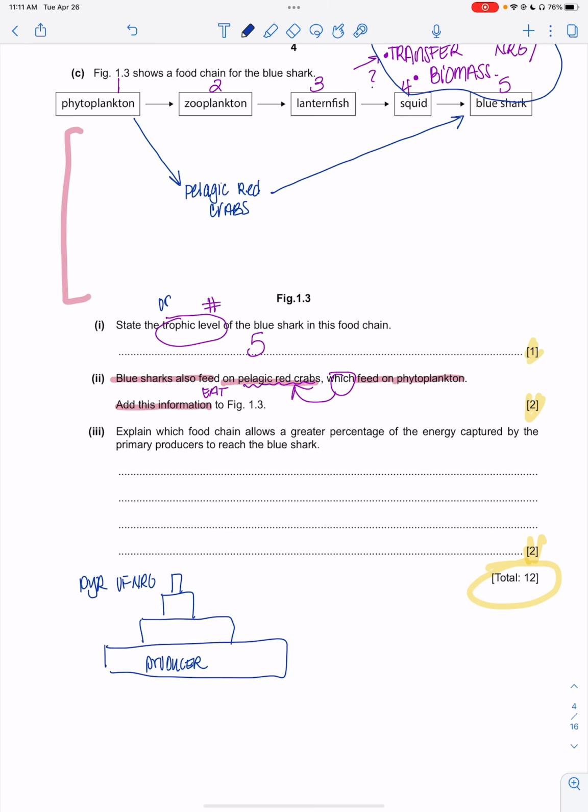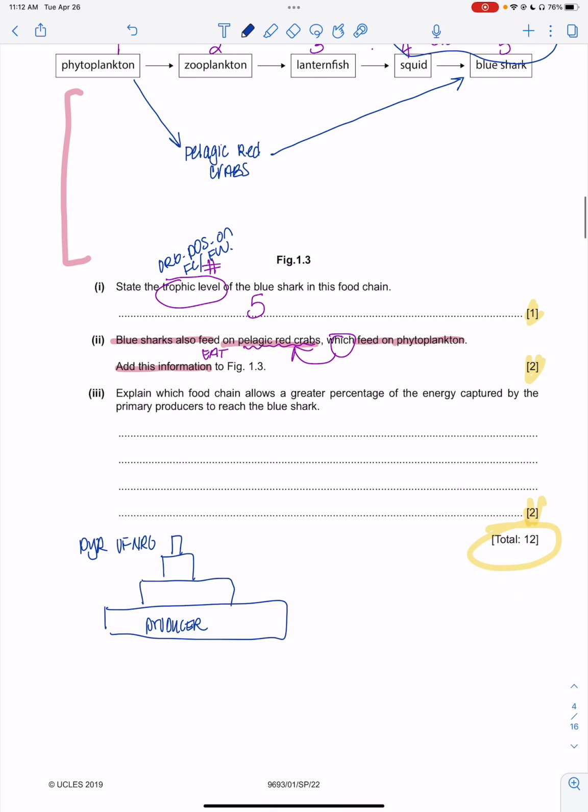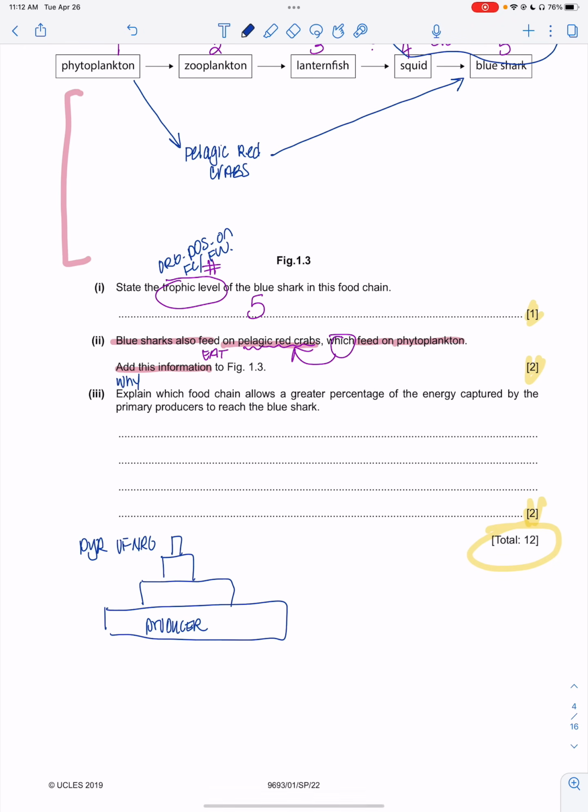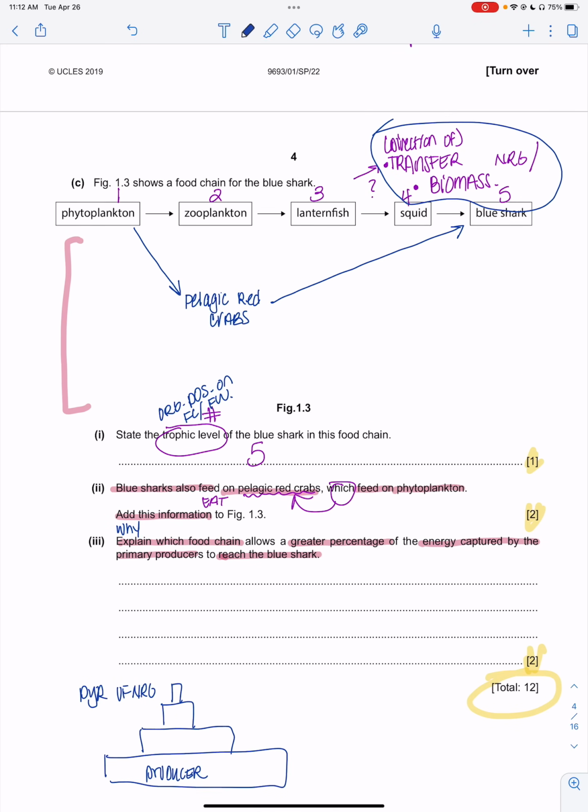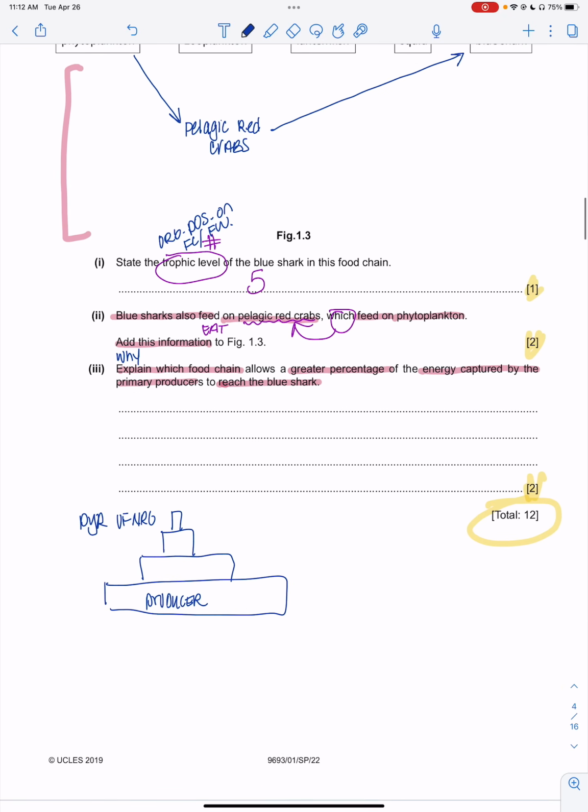Trophic level is an organism's position on a food chain or a food web. Feeding level. Explain, command word, why. Which food chain allows a greater percentage of energy captured by the primary producers to reach the blue shark? So if you're going from your phytoplankton over to the blue shark, which one is going to give them the most amount of energy? Is it phytoplankton, lanternfish, squid, blue shark, or phytoplankton, pelagic red crabs to the blue shark? Consider that every single time you have a transfer of energy up a trophic level,